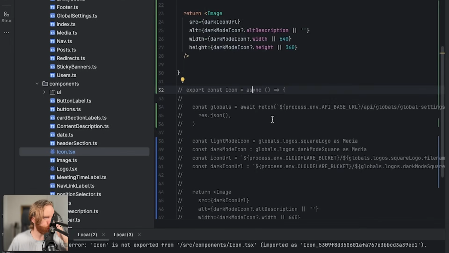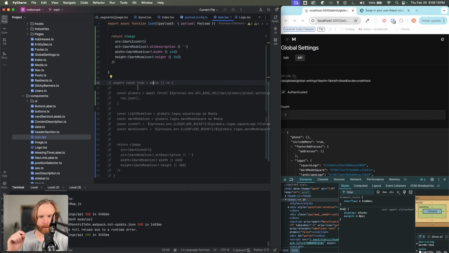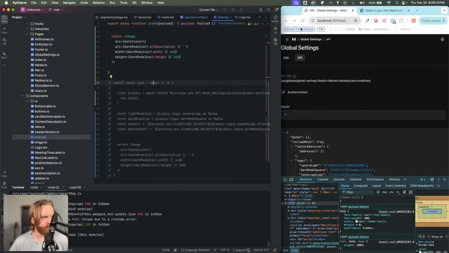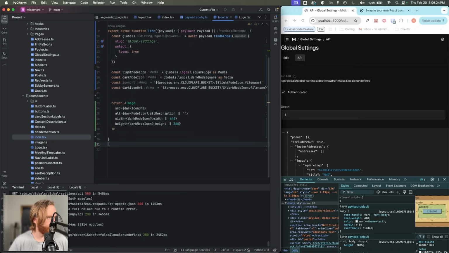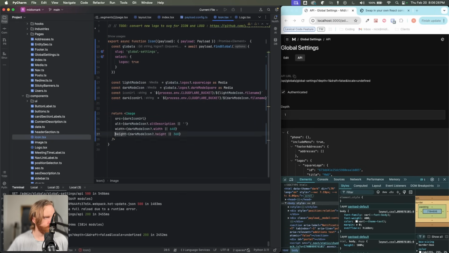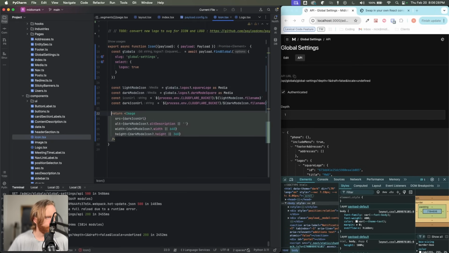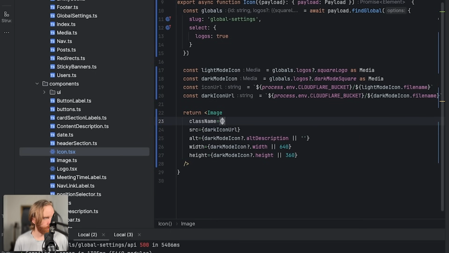And then as long as this works, I can get rid of this. And then we're going to do a dark and a light mode thing. Perfect. So we've got our dark mode icon from our local API, which is exactly what I wanted to do. So now we're going to need a class name here. And in this class name, we're going to do, so this is the dark mode, and then we're going to need to do